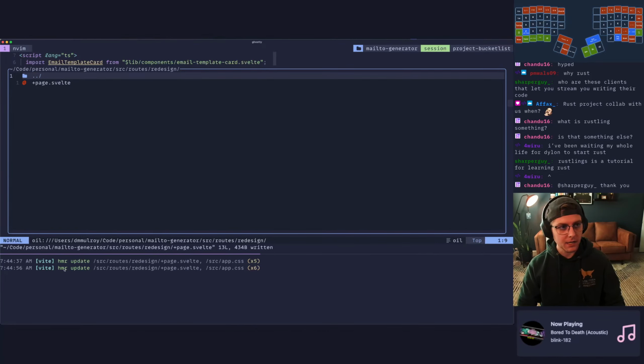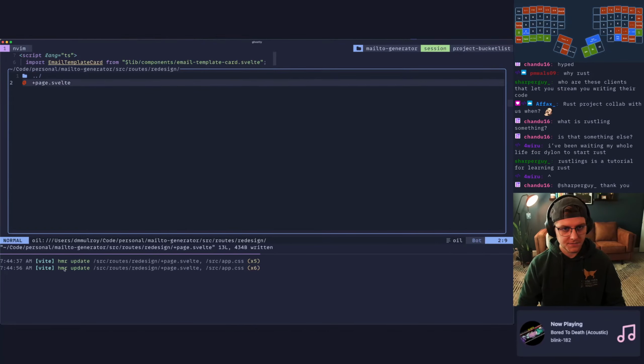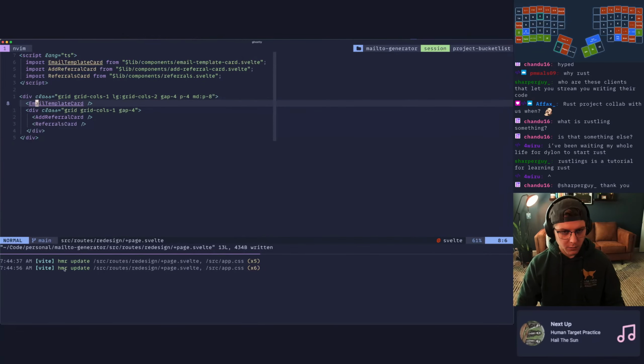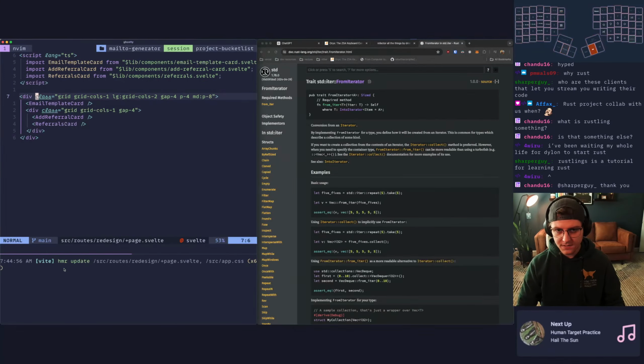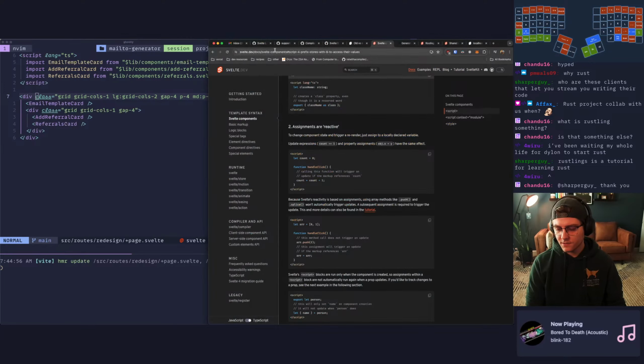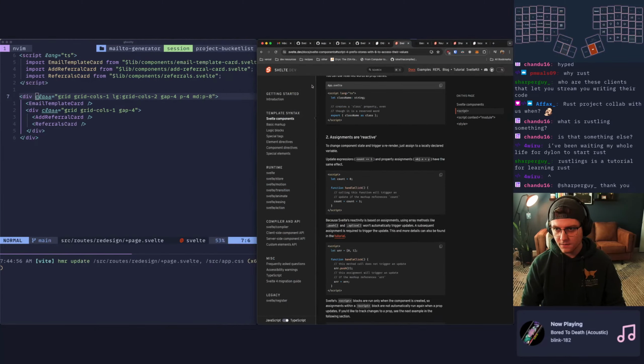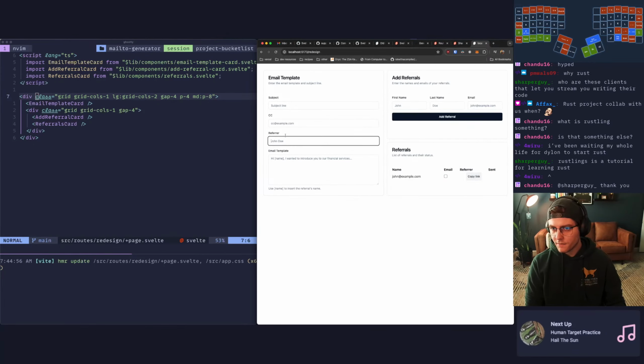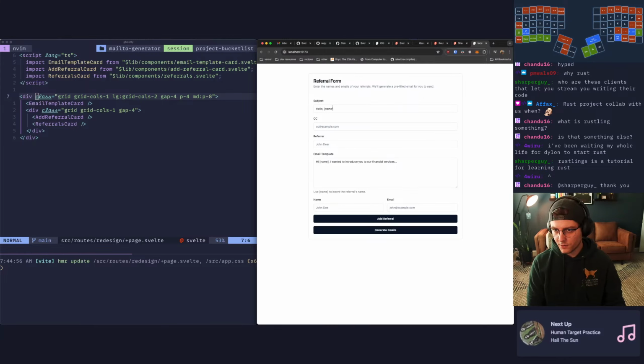So to catch chat up with where we're at on this Svelte stuff, if we quit out of this and bump this to the side, we should be able to close this and have our Svelte stuff up. Do we still have localhost running? So right now we have this app that doesn't do anything on this redesign tab. But if we look at the normal version of this, this is what we built yesterday.